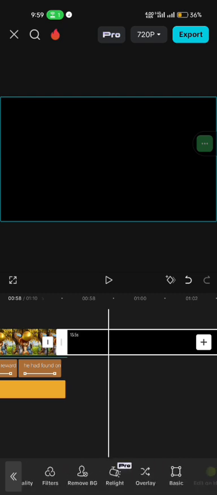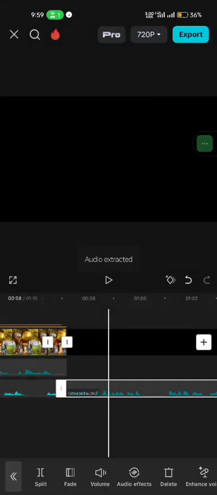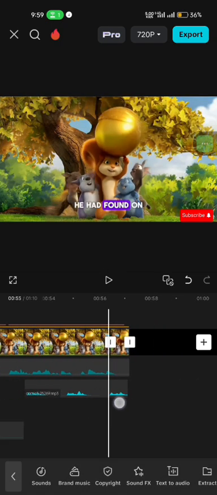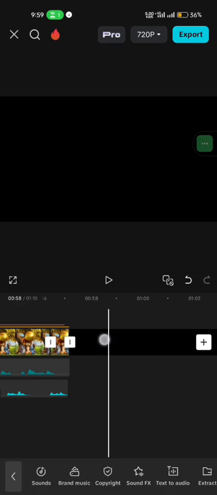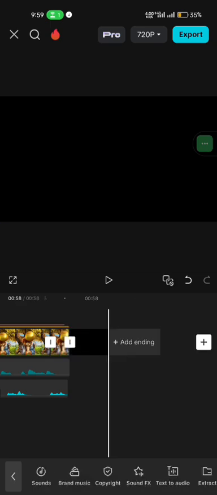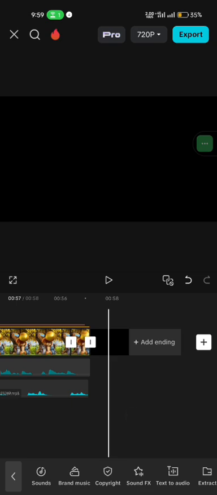Let me remove the sound since I don't need the sound. Extract audio and delete, and I just need a few seconds of this, so I'll split and delete this. So at the end